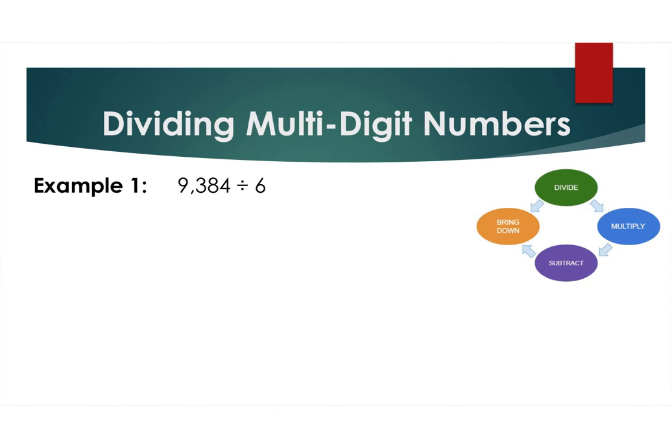Okay, we're going to take 9,384 and divide it by 6. So we're going to do this a little bit differently. I'm going to start by estimating how many times 6 goes into 9,000. And I say 1,000 times. So 1,000 times 6 is 6,000. I'm going to subtract. And I have